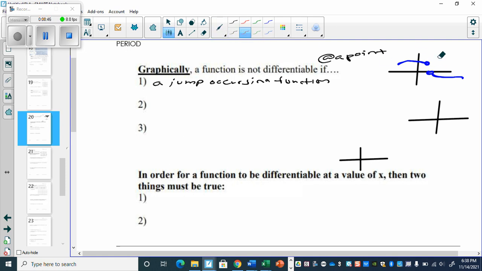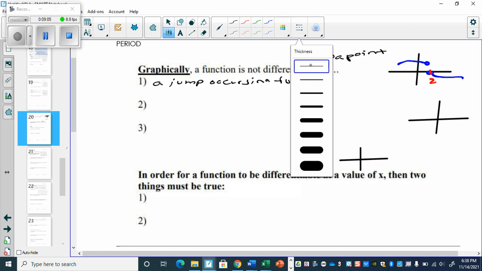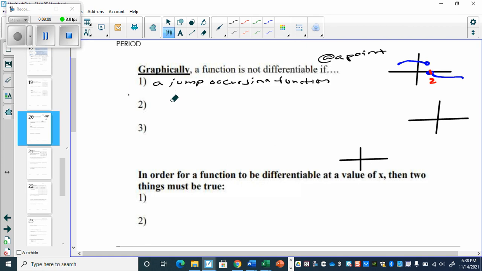So it's not differentiable at this point 2. It's differentiable here, but at 2, since those limits don't exist, the limit at 2 doesn't exist. It does for the left and right. It's not differentiable. So that's just a fact, and it'll come back up in questions. The second type is